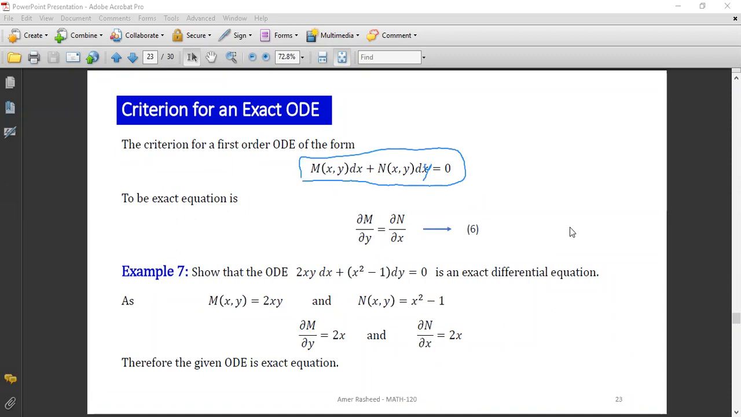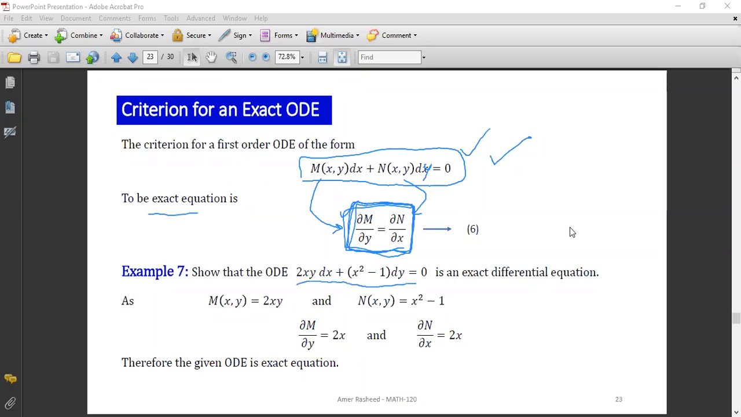So the given differential equation of this kind, we call it an exact differential equation if the partial derivative of M with respect to y, and the partial derivative of N with respect to x, where we suppose that y is constant. If these two expressions are equal, then we say that this differential equation is an exact differential equation. For example,